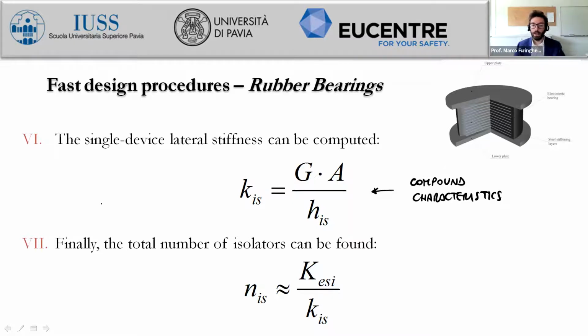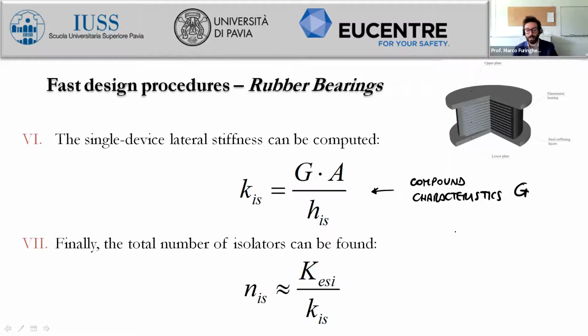By assuming the compound characteristics, we have the G value. And by assuming the G value, we can compute the single device lateral stiffness. And finally, we can compute the total number of isolators simply because at the very first steps, we have defined the performance point. And if we have computed the performance point, we have also the numerical value of the isolation